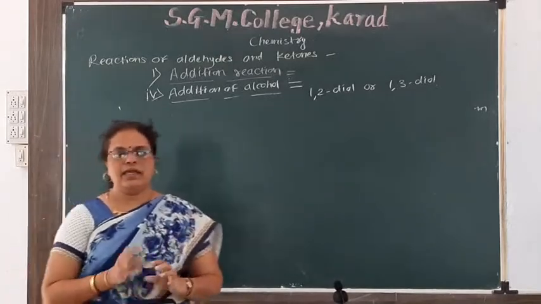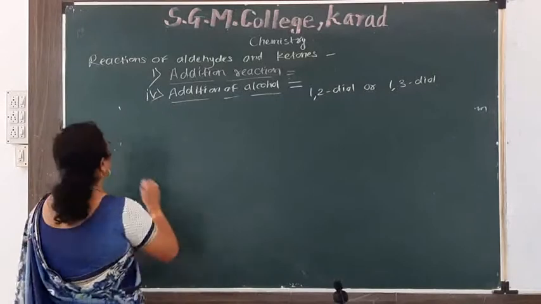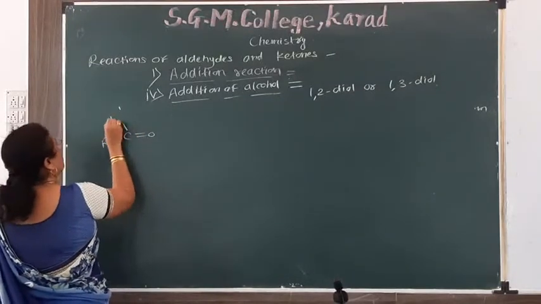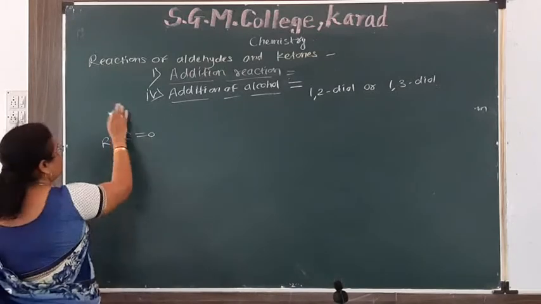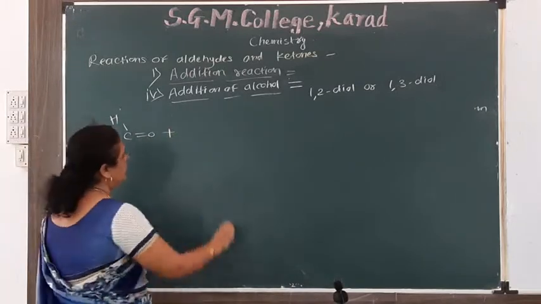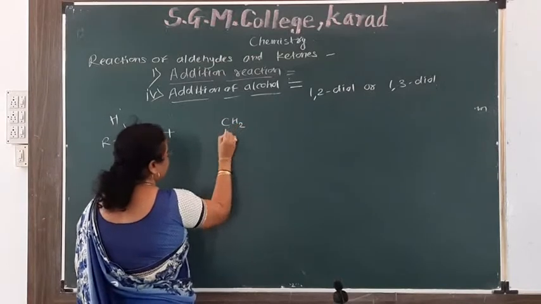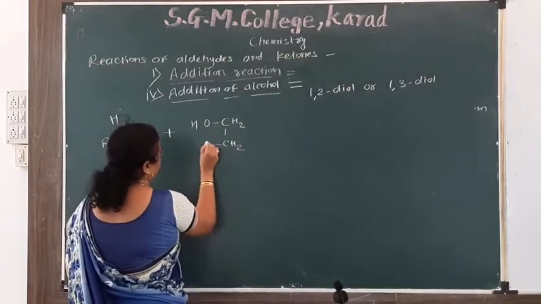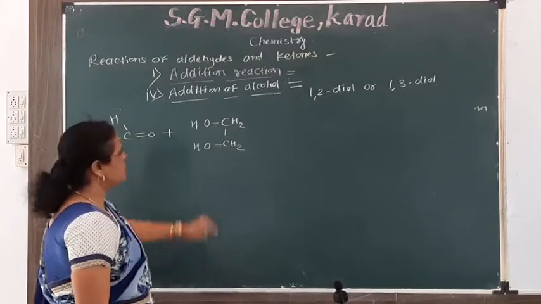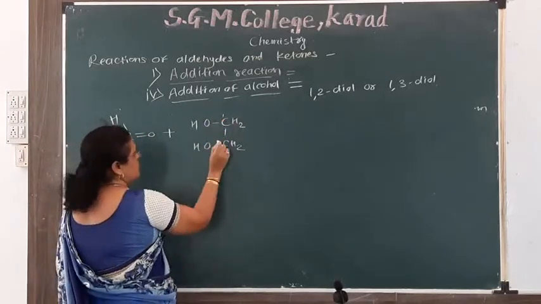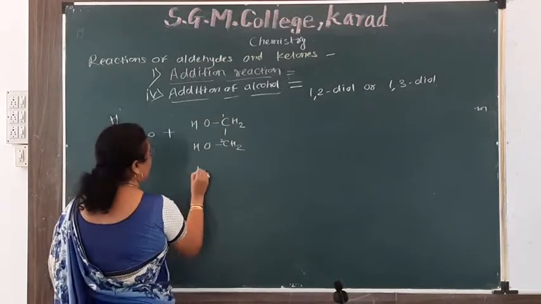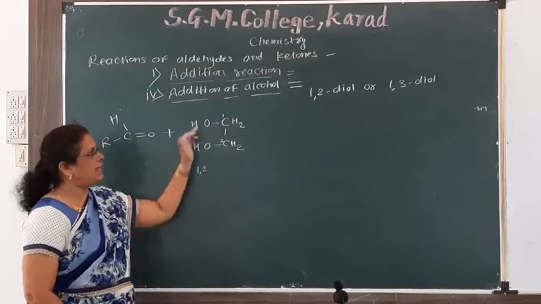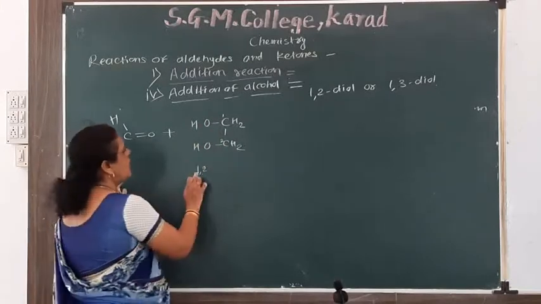For example, in case of aldehyde, that is RCHO, when treated with CH2OH, here OH. Name of this compound: this is first carbon atom, this is second carbon atom, means 1, 2. These two hydroxy groups are attached to these carbon atoms, therefore 1,2